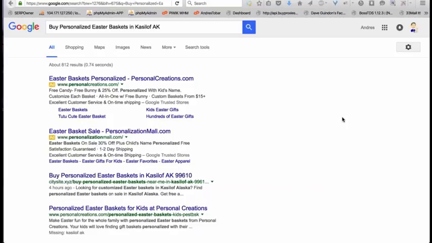So it's one of those things where I think around that time was when I started testing, like, okay, if I can get away with not doing an image, which everybody says you need to have an image, and all of a sudden I don't have an image and I'm still ranking, what else can I get away with not adding that's taking up my time?